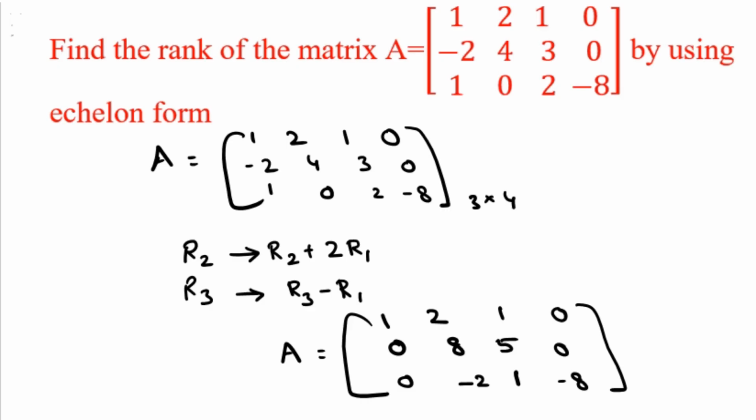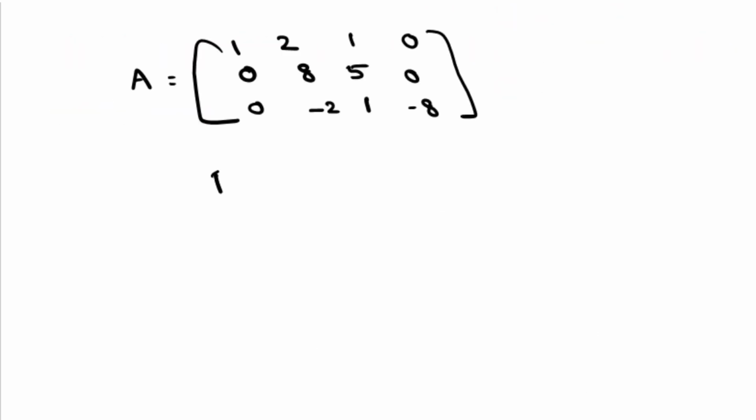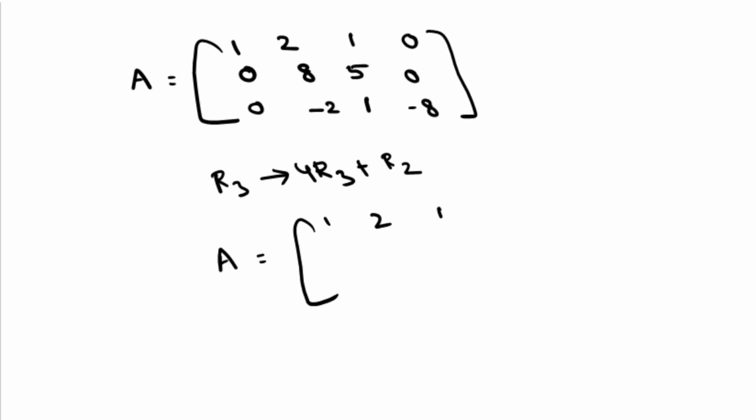Then this element will become a 0. By considering R3 implies 4R3 plus R2, then matrix A will become 1 2 1, 0 0 8 5 0 and 0 0 9